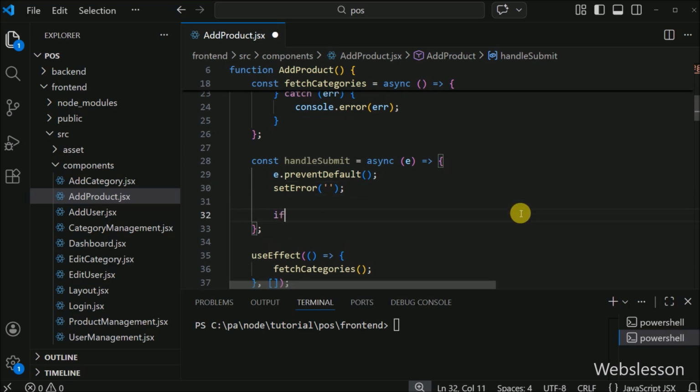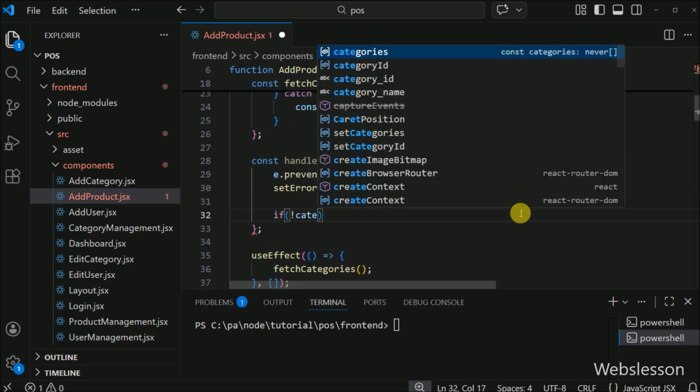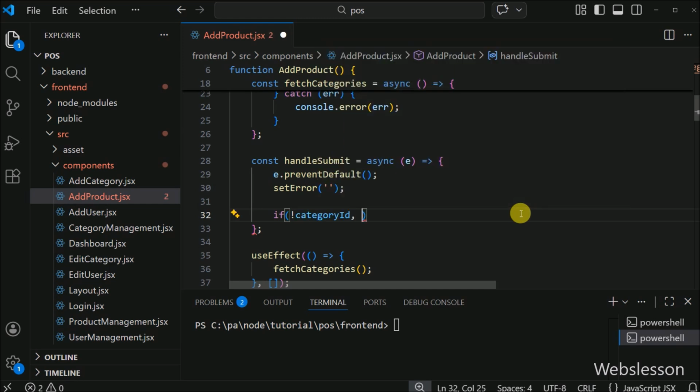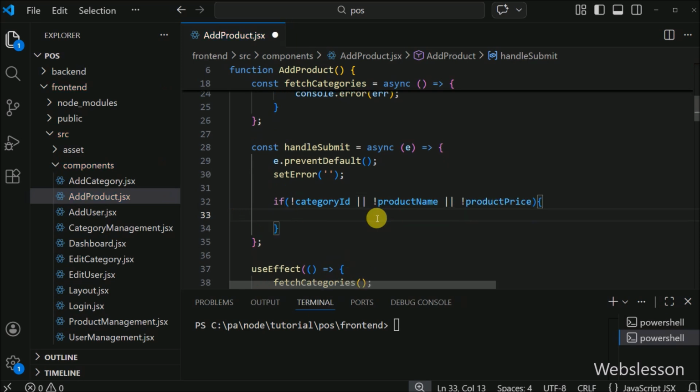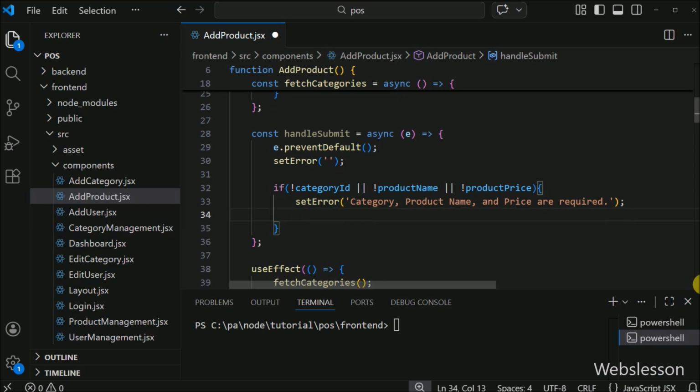Now we move into our front-end validation. We start with an if statement to check our required fields. We are checking if the category ID, product name, or product price variable values are falsy, that means they are empty or have not been set. If any of those required fields are missing, then we set a new error message telling the user what's wrong. And then, we write a return statement. This immediately stops the function,